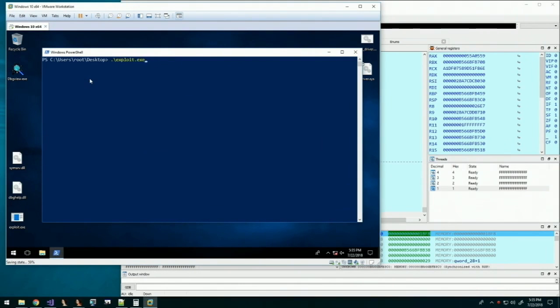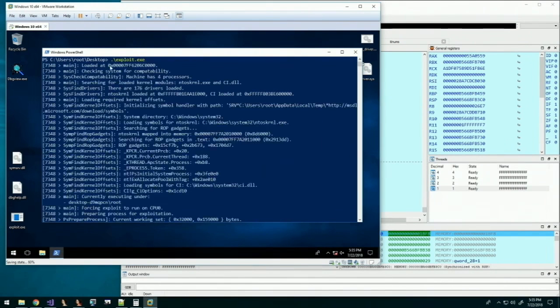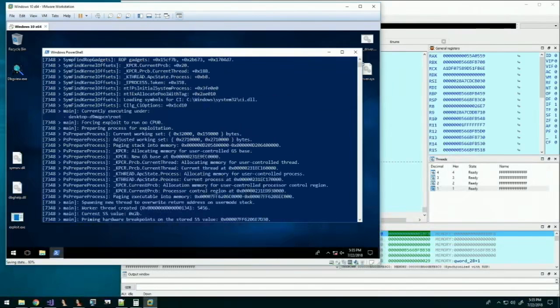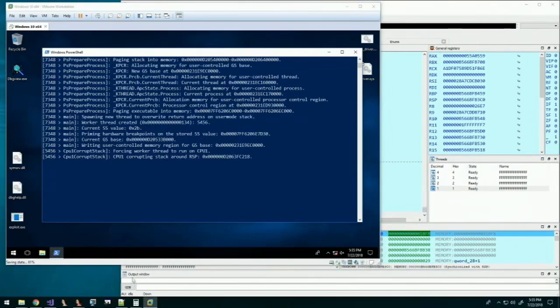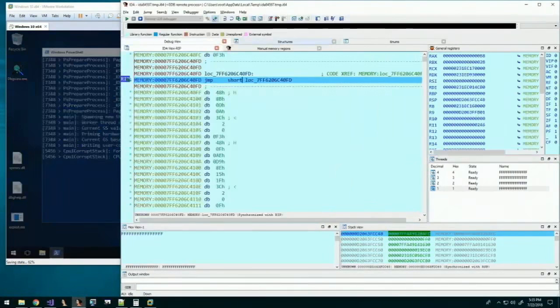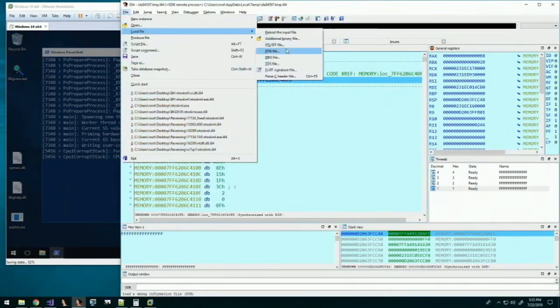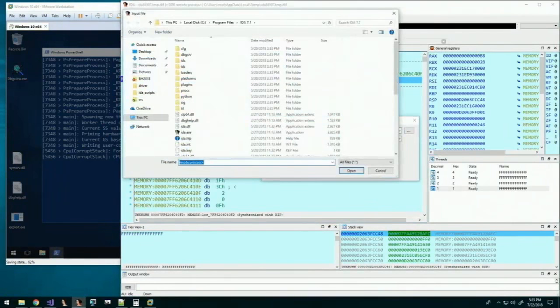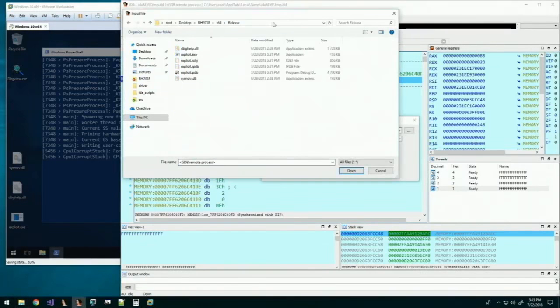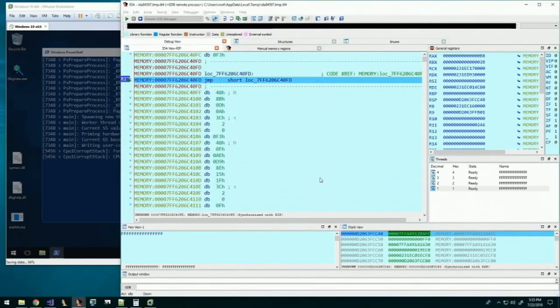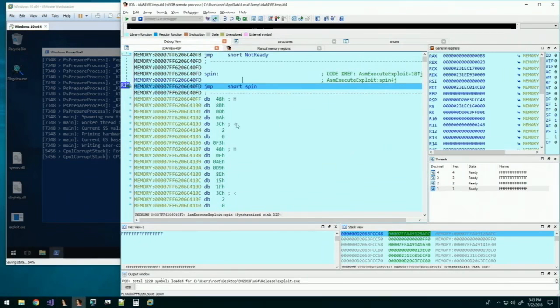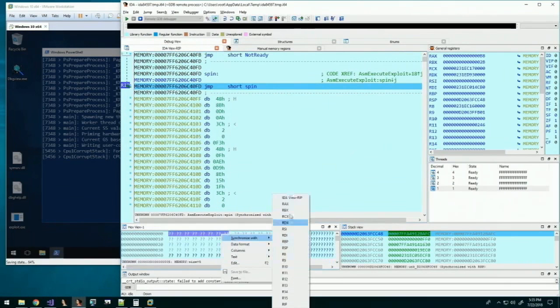So what we do is we run the exploit first, and then we install the driver, and that should give us everything. So to get to how a lot of this works, we're going to break in, again, using that GDB stub that VMware provides so that we can debug the hypervisor. We break in a spin lock similar to the denial of service proof of concept. I'm going to load symbols for my exploit just so that it's easier to read what's going on the screen. Shouldn't take too long. And then we specify that address, the base address of where it's loaded into memory. We're going to knock out this jump like we did for the previous example so we can progress.